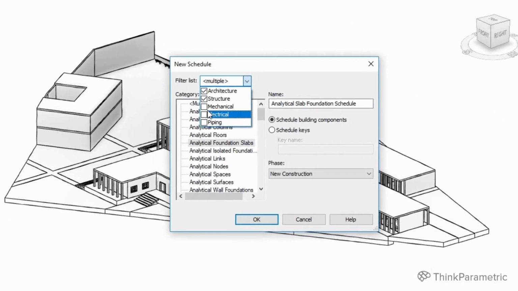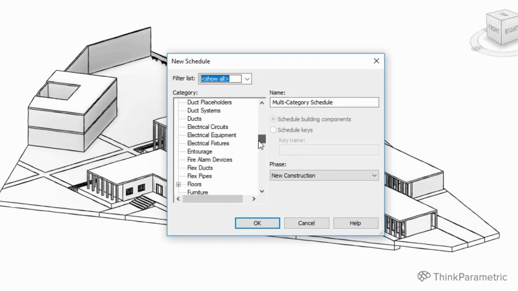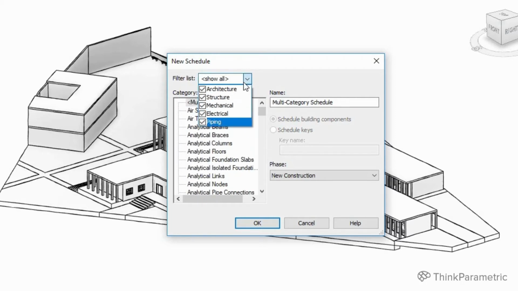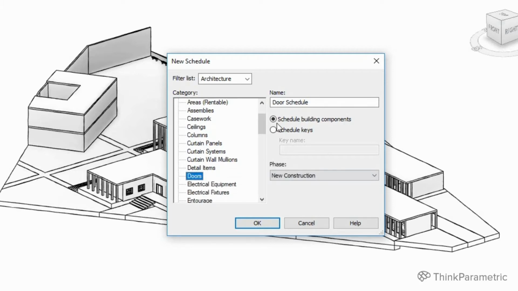From this one, we can check the categories that are related to the different disciplines we want to show. Here you can see that we have everything, show all. I want only to show the architecture. So this will make navigating through the schedules or the categories easier. Here are the doors. Let's click OK.